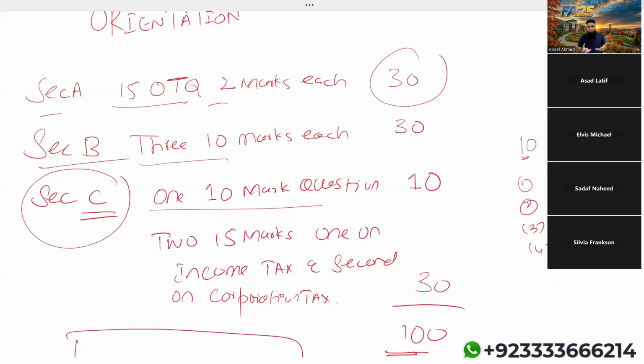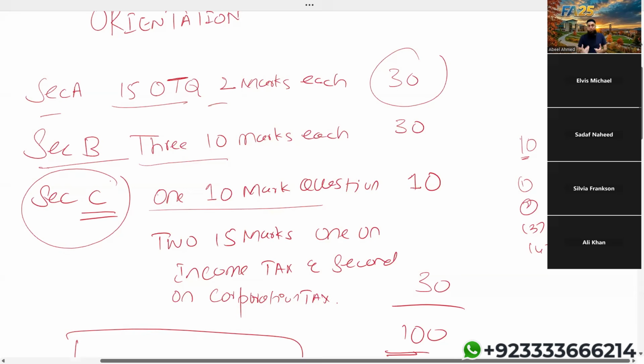Now, what do you mean by tax planning? For example, I'm an individual. I want to run my business as a sole trader. Tax planning means, for example, I want to know from tax experts what happens if I follow the cash basis for a sole tradership and prepare my accounts on cash basis compared with accrual basis. Which one is going to be beneficial for me? So that is one of the examples. The question could appear like this.